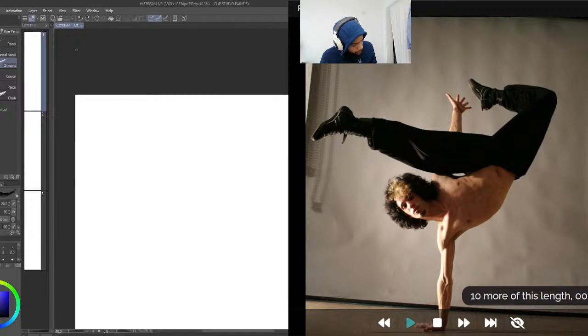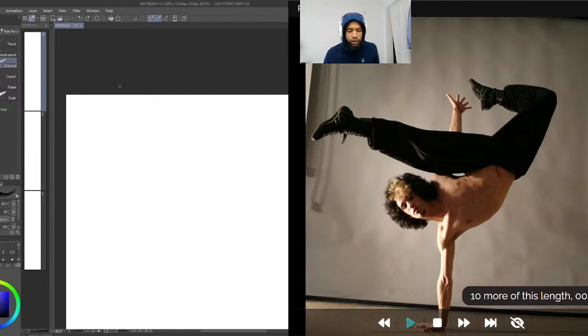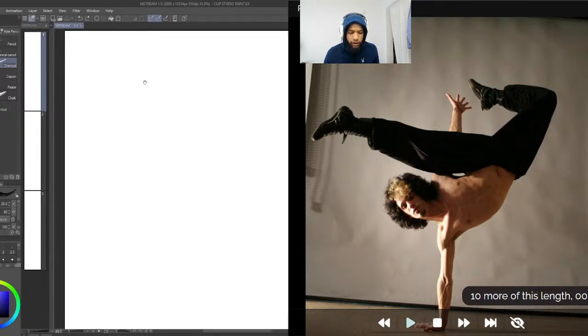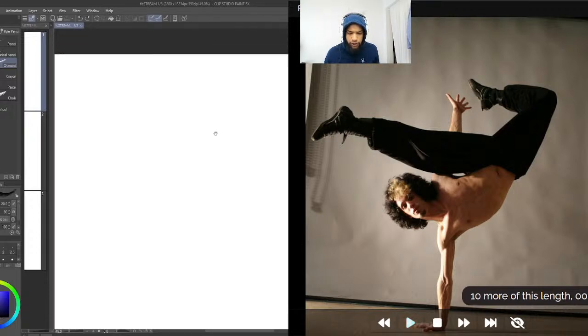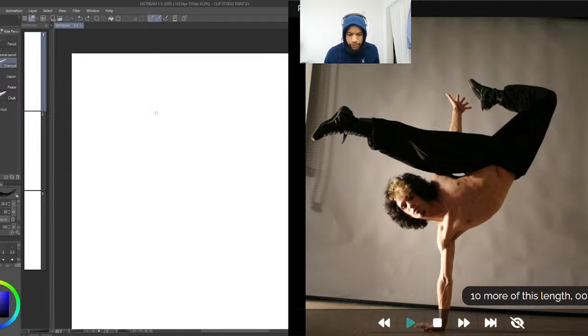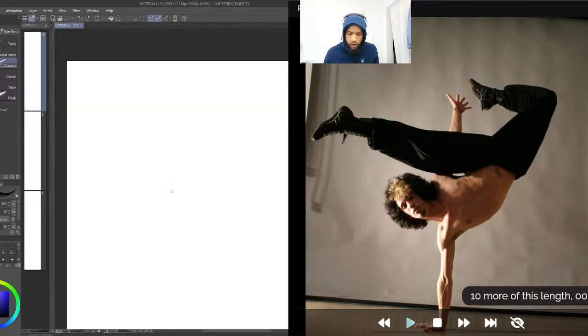Shortcut J to get to the blender. E for erase and P for pencil. Those should be all the shortcuts you need, besides the regular canvas movement shortcuts, which you could have